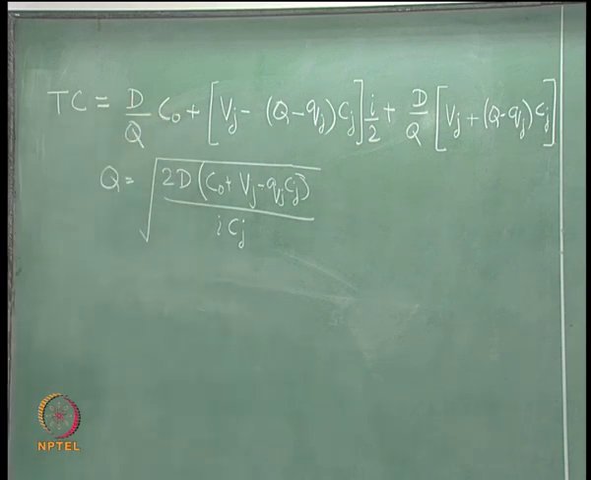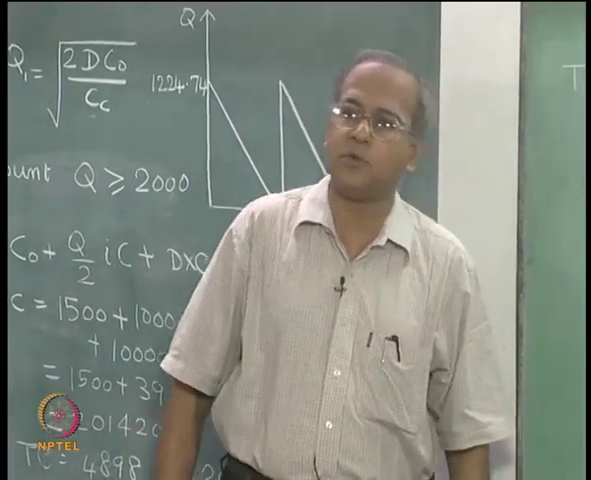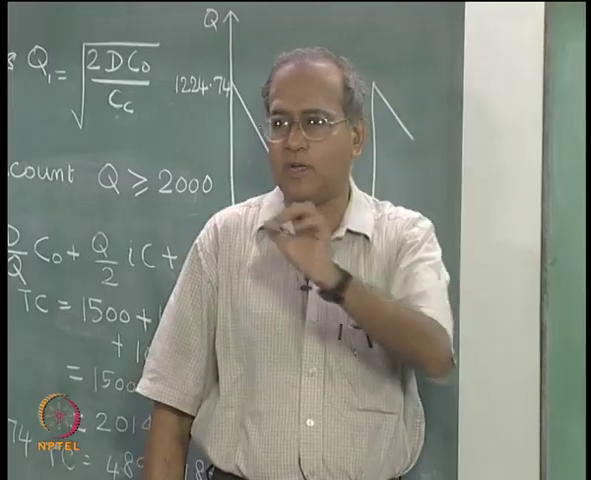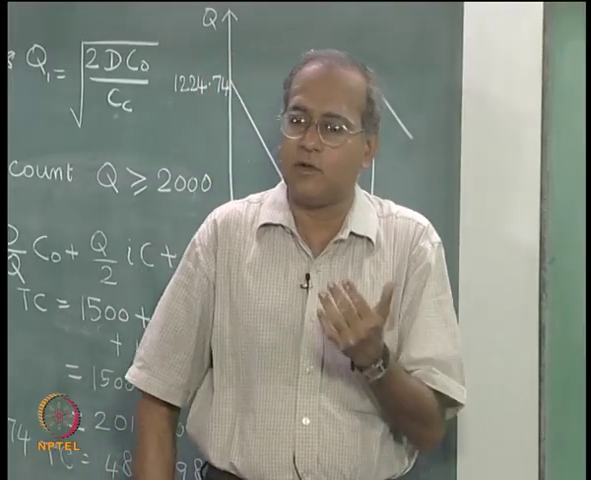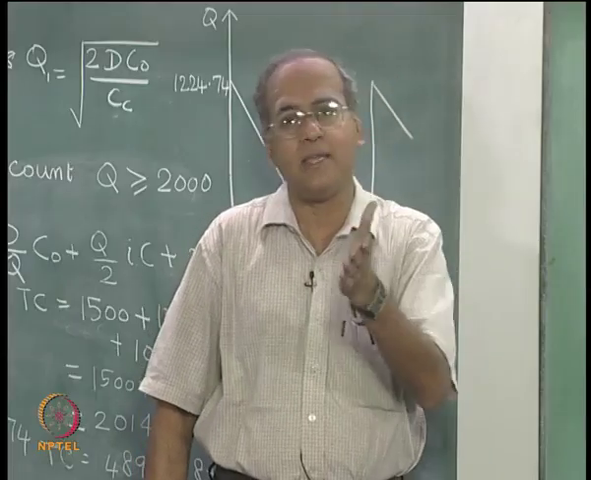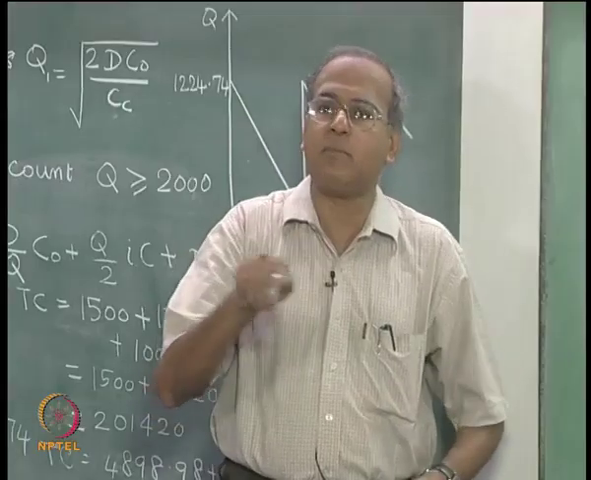Q is what we are going to order. So, D by Q is the number of orders per year, and D by Q into C naught is the order cost. Now, what is the carrying cost? Carrying cost originally is Q by 2 into Cc. Here we can write it as Q by 2 into I into C, which can also be written as QC by 2 into I,